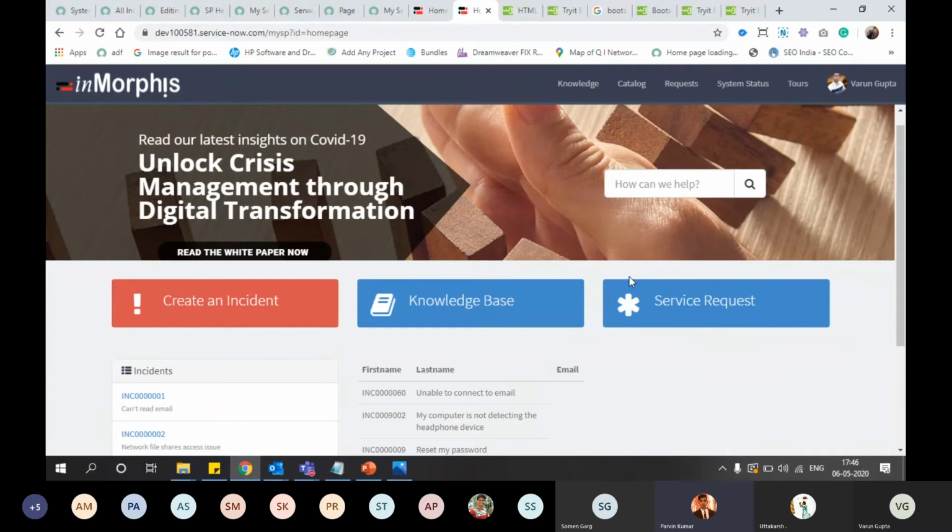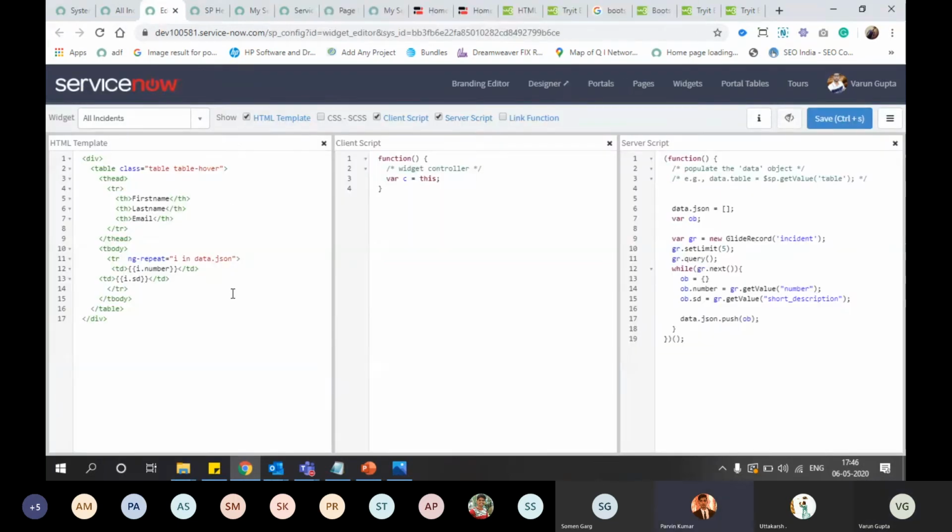Can you move to the build editor? Here you used the ng-repeat directive. My question is, can't we use the ngFor directive, which we basically use in Angular 4?